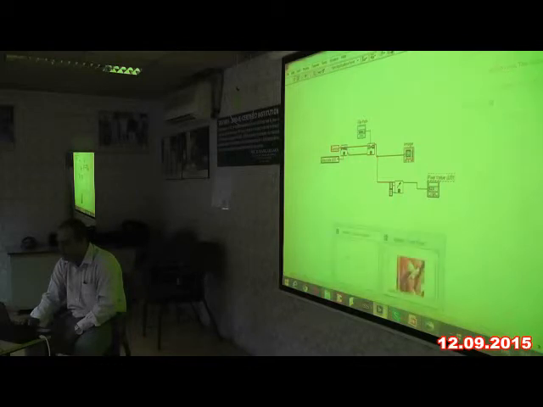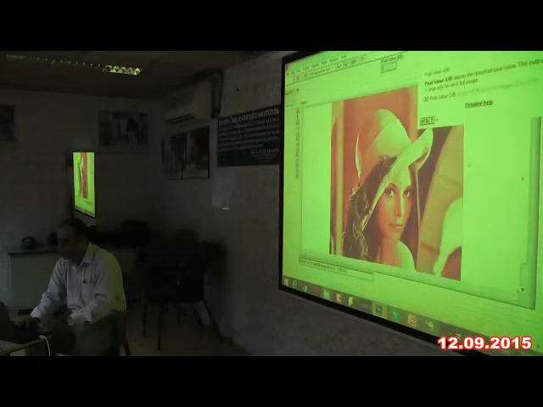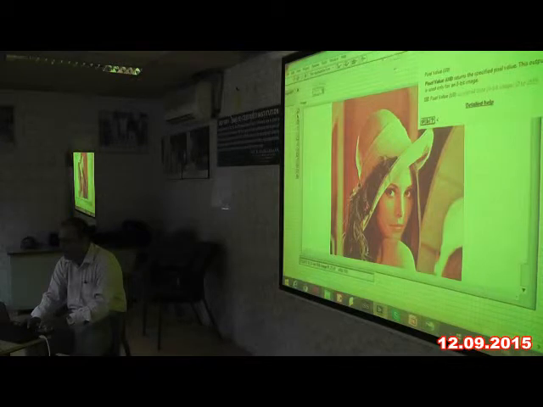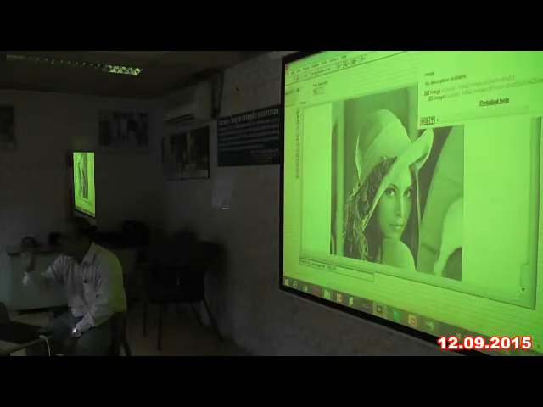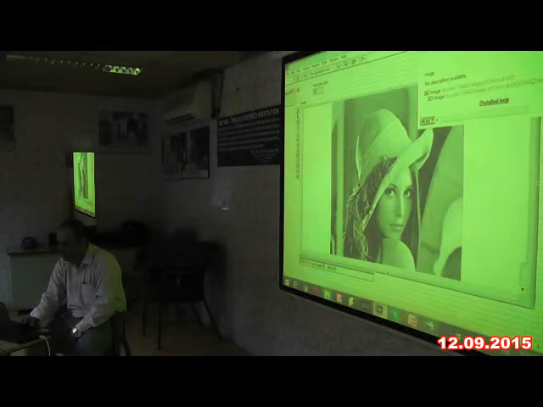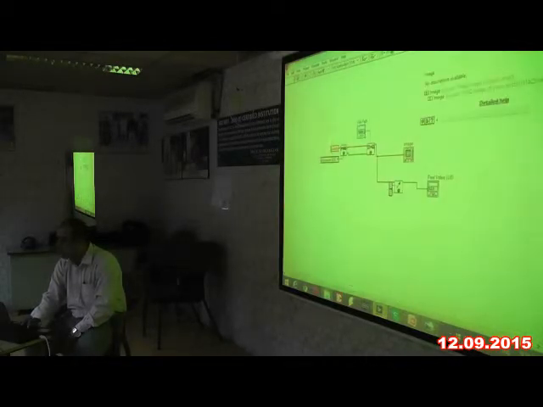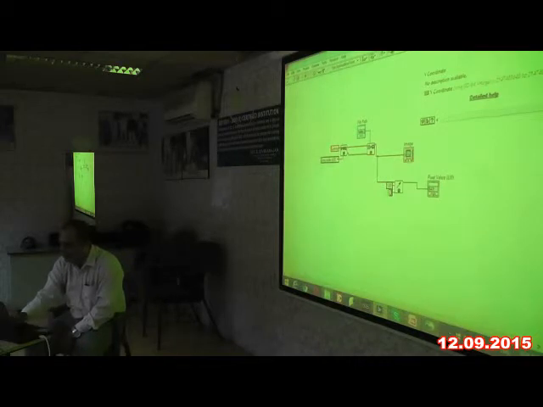If I go and check my front panel window, there is another icon here, pixel value. Now if I execute, it shows 162. That is the 0, 0 pixel, because I have not specified any coordinates; it is just 0 and 0 in my block diagram. Right now, x coordinate is 0, y coordinate is 0. So I will change this value to 100, and put this one also 100. So 100th row, 100th column. What is the value of the pixel?